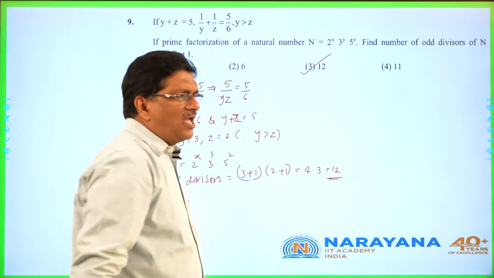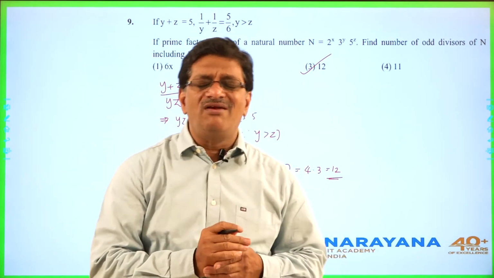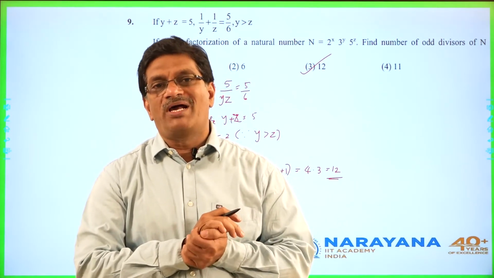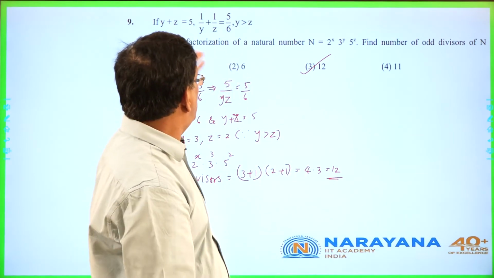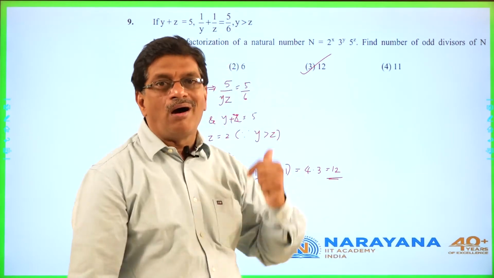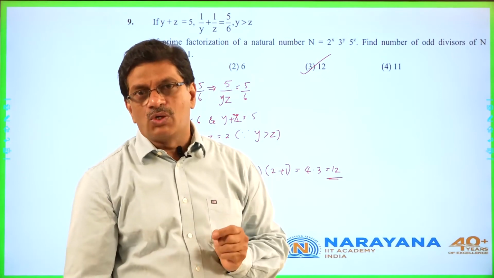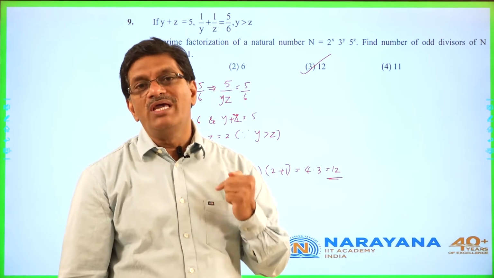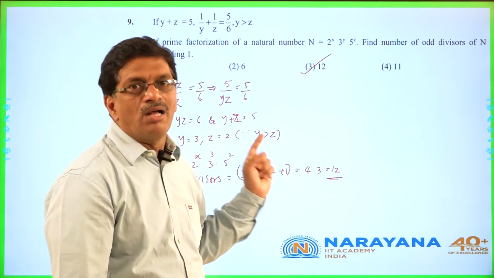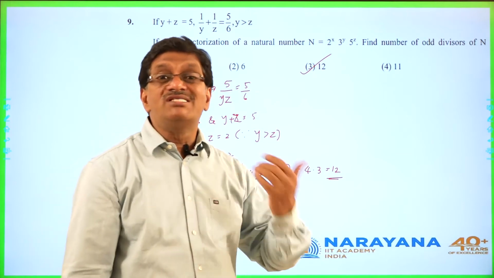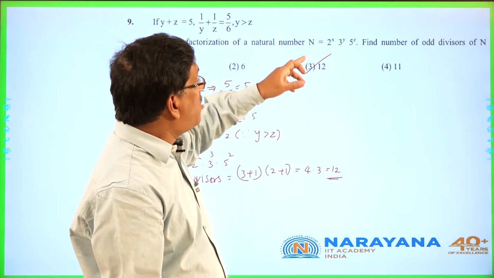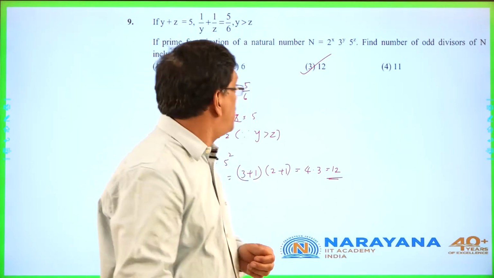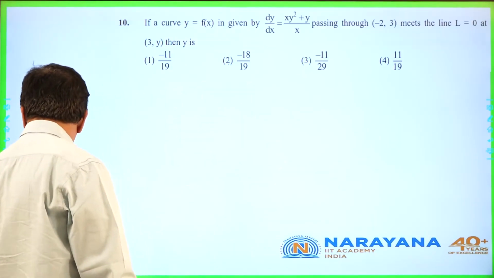We know that every number is divisible by 1 and itself, but those two, 1 and the number itself, are improper divisors. But the number is a multiple of 2, and he is asking only odd. So none of the two we are including, but since 1 is already included, he is asking including 1. That's why all the 12 we have to write. If he is asking in this question for the number of odd proper divisors, we have to exclude that one also. Remember. Let us go to the next question.